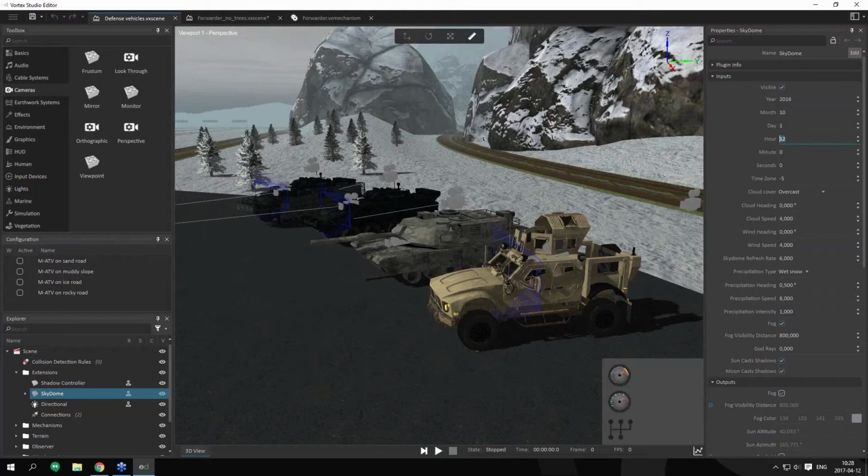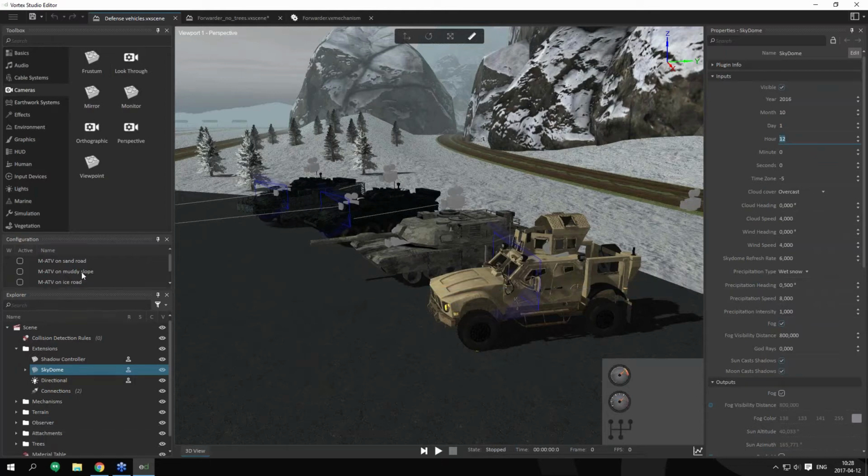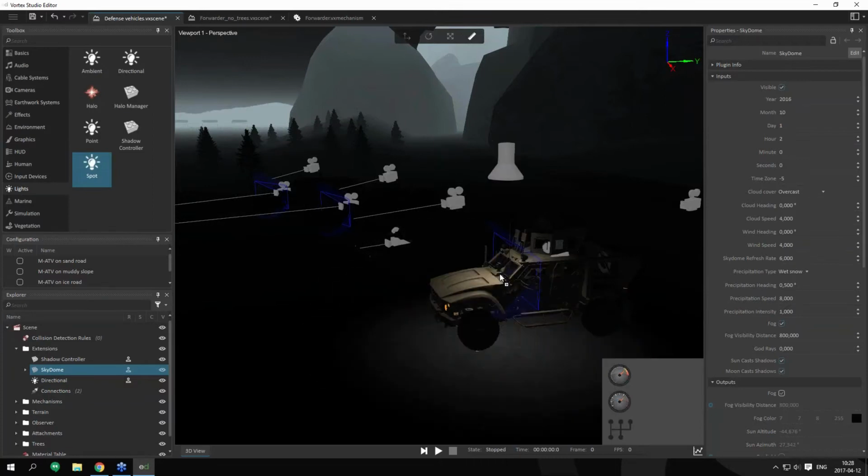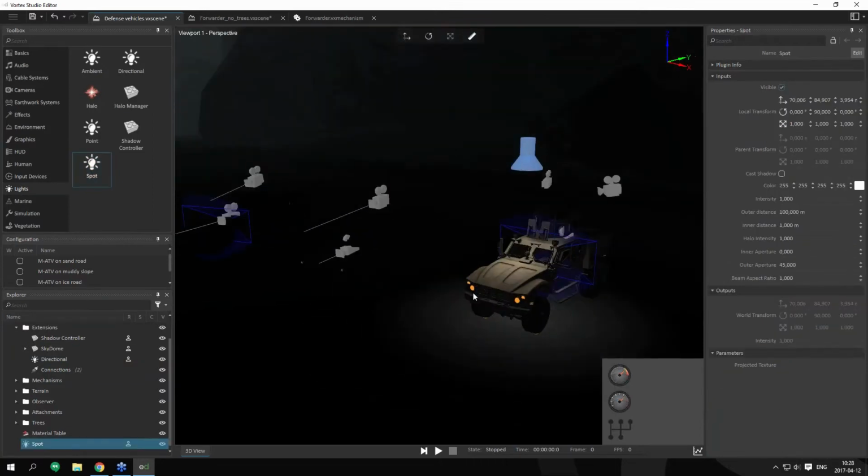To insert objects in your scene, you can basically just double-click to put them in the Explorer window, or you can drag them in the scene. So to show you this, first we're going to turn off the light. So we're just going to put this on nighttime. And then I'm going to go to a light, choose a spotlight, and then I'm just going to drag it to the scene, and you can see that I can now place it wherever I need it to be